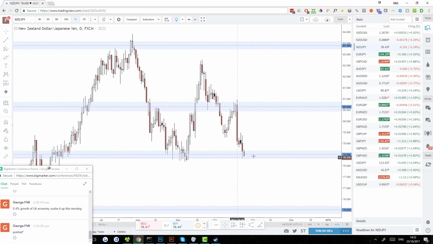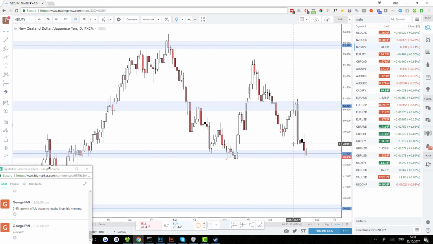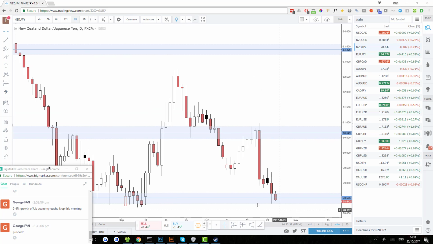So here we are with New Zealand JPY. New Zealand JPY is just stalling out on this support area, and it's a pretty good support area. It's a pretty solid support area. You can see it held price back here. So it's back, it's here again. Yesterday, it tried to push through it, but we can see by this long lower wick that it didn't quite